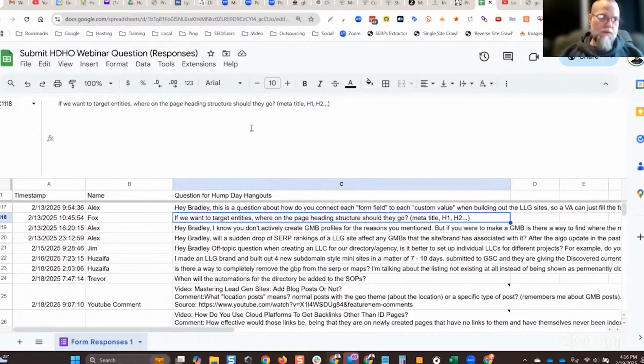Fox says, if we want to target entities, where on the page heading structure should they go? Meta, title, H1, H2? Yes. Fox, what that means is yes, you should be using entity variants in all the main optimization